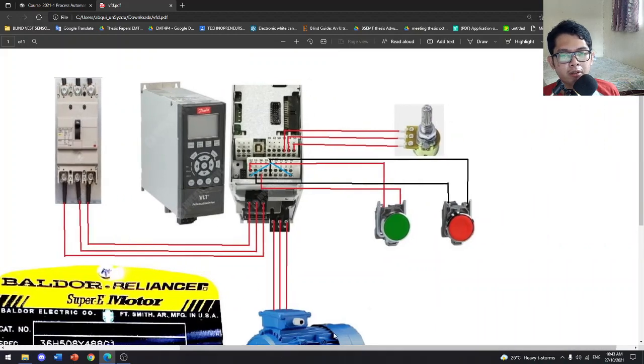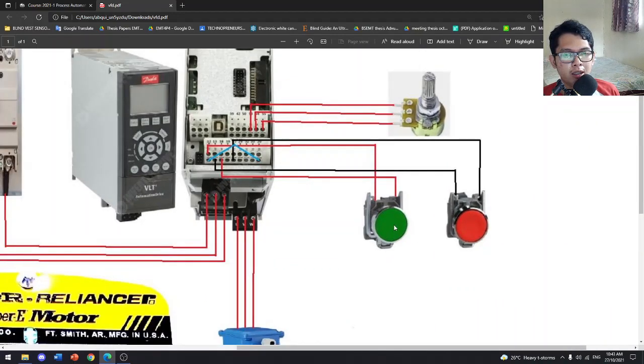From our push buttons, which is the normally open start push button, from this line, I connect this one to terminal 12, and this other line is connected to terminal 18. Okay? And the normally closed stop push button, I connect this line to terminal 13, and this other line is connected to terminal 27.